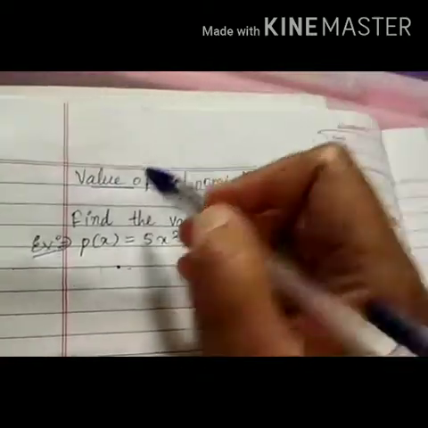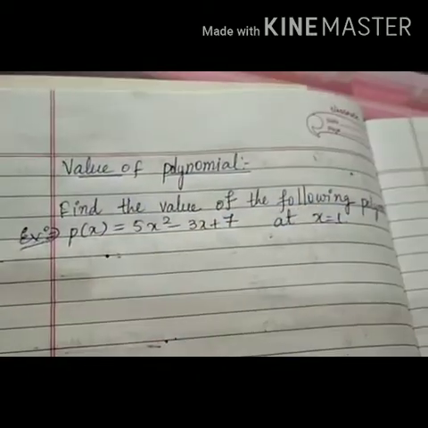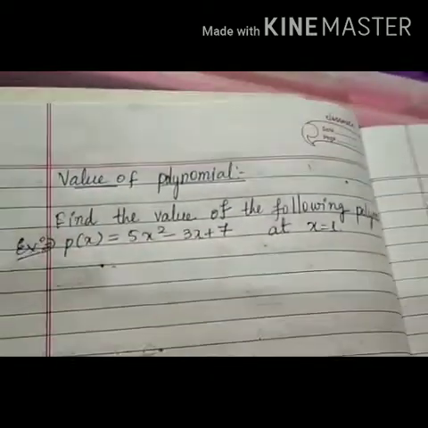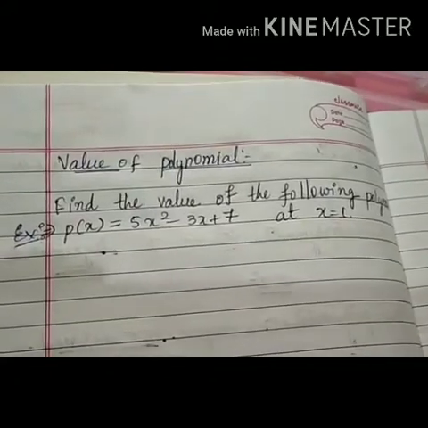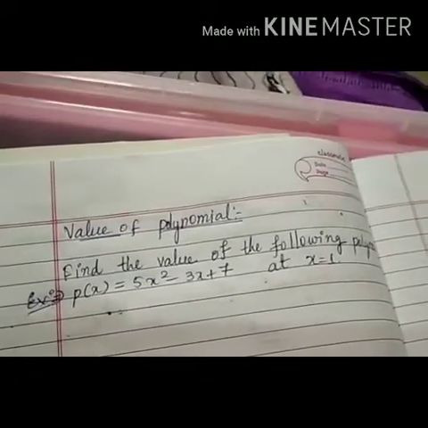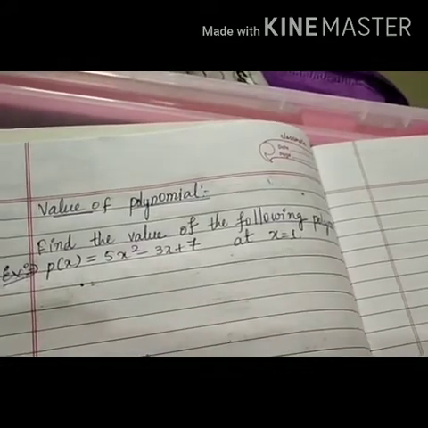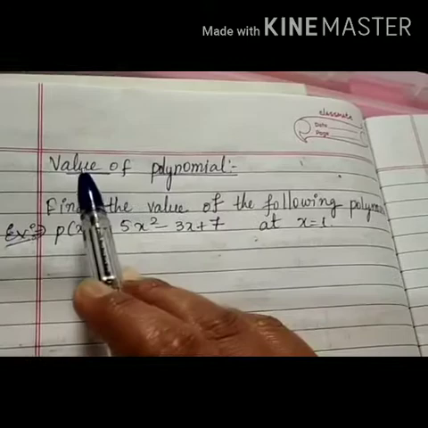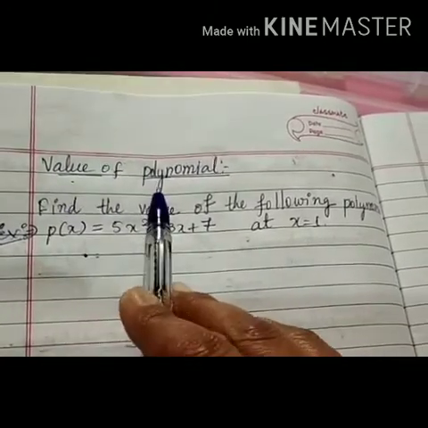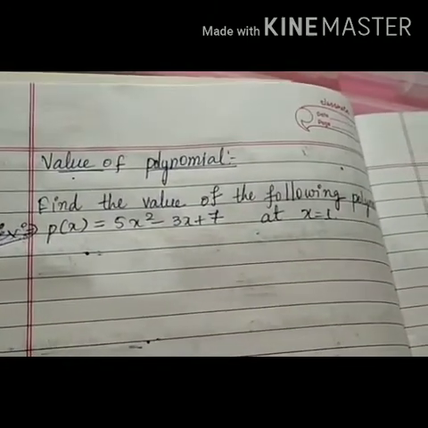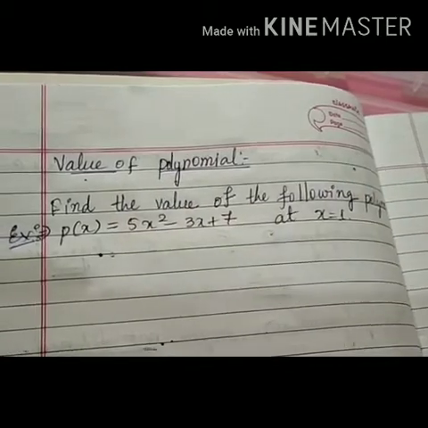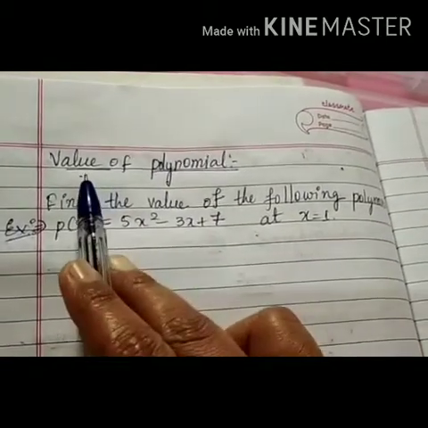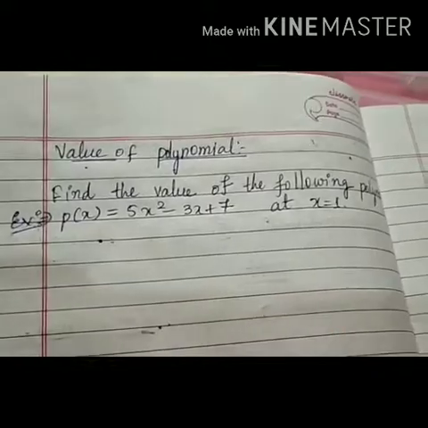We are learning the chapter polynomials, in which we have completed the introduction part, all the types of polynomials with the standard form of polynomial and degree of it, and exercise 2.1 is completed. So here we are with the new concept of this chapter, that is value of polynomial. Actually you have the next concept as the zero of polynomial, but before that this is essential for you. What is value of polynomial we must find.